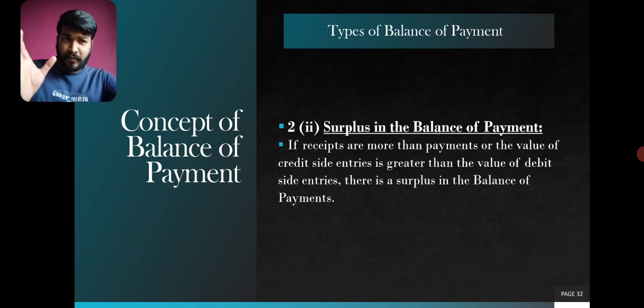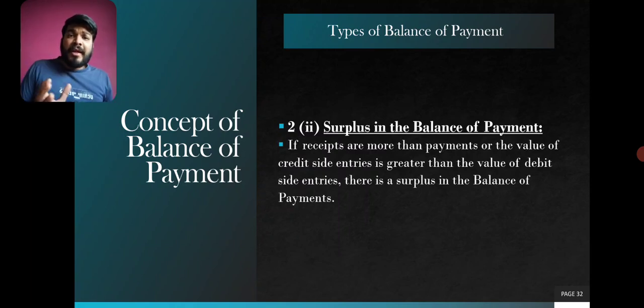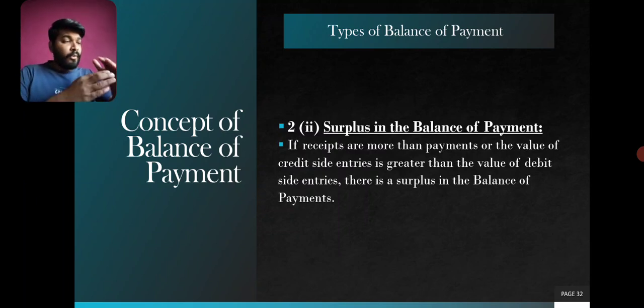Clear? Here, in the sense, your exports are more, your incomes are more, your receipts, the payments you are receiving from foreign countries, are more. That's why we find that you're having a surplus. Your country will be gaining foreign income, foreign money will be there, and because of foreign income your national income will rise, your gross national income will rise. So this is how it helps.